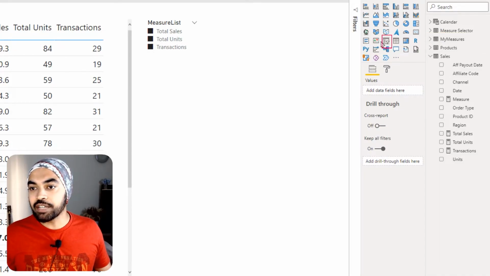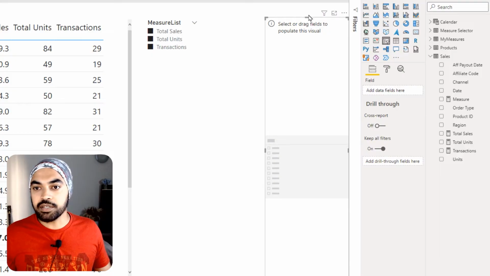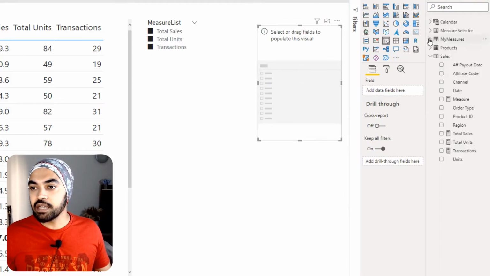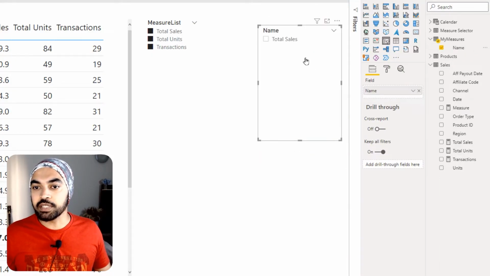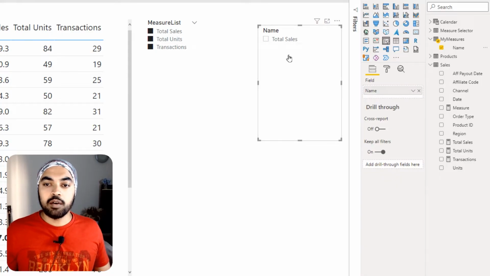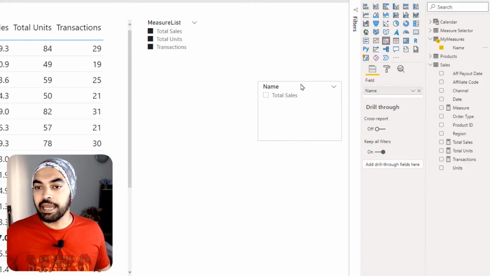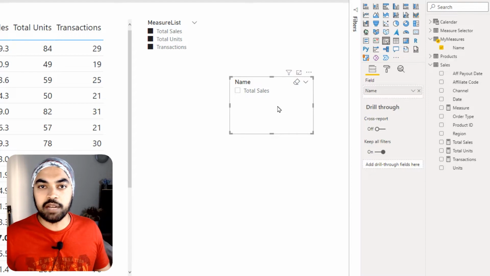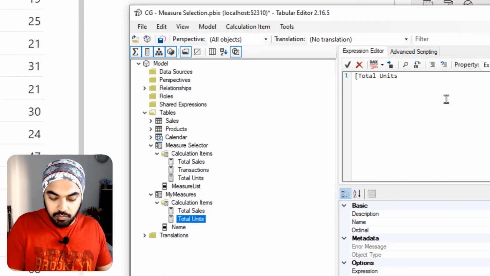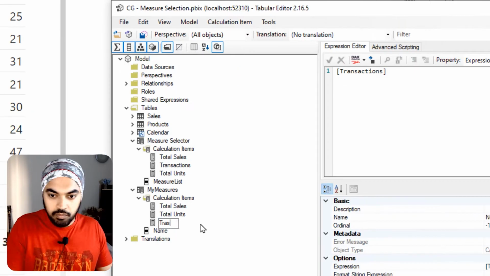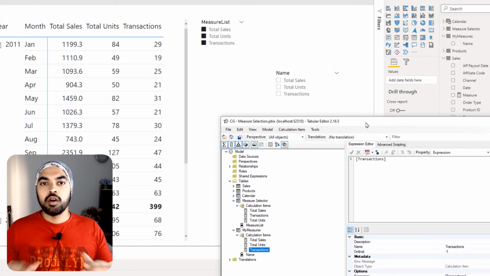And now I can actually build a slicer, an empty slicer. And in that particular slicer, I can actually go ahead and place this particular total sales right here. Now, let's just actually go ahead and create the rest of the two calculation groups as well. All right,